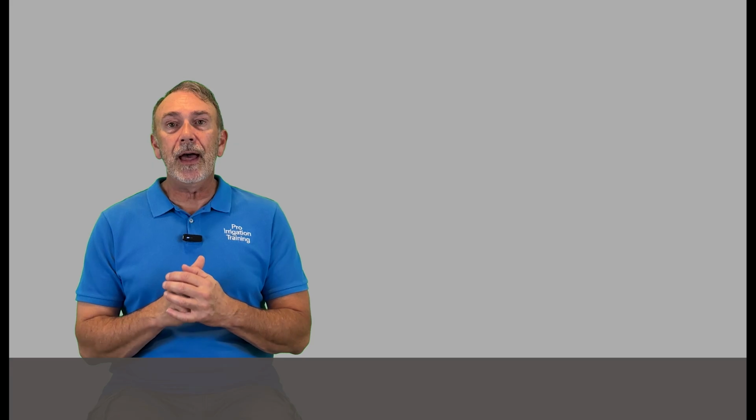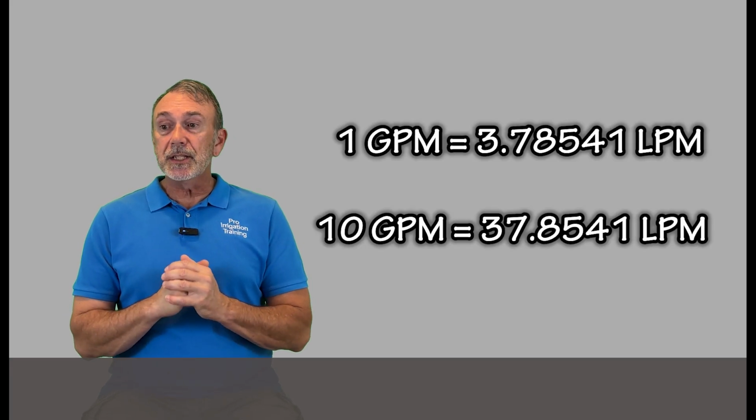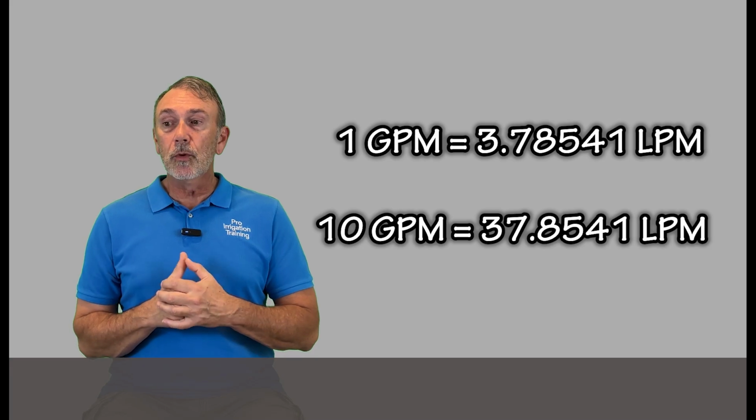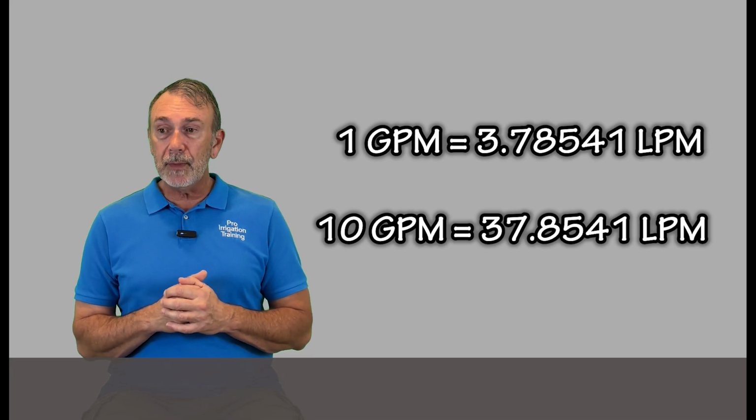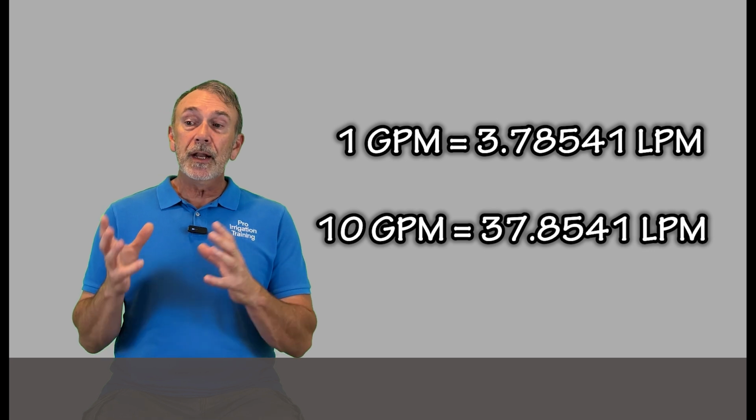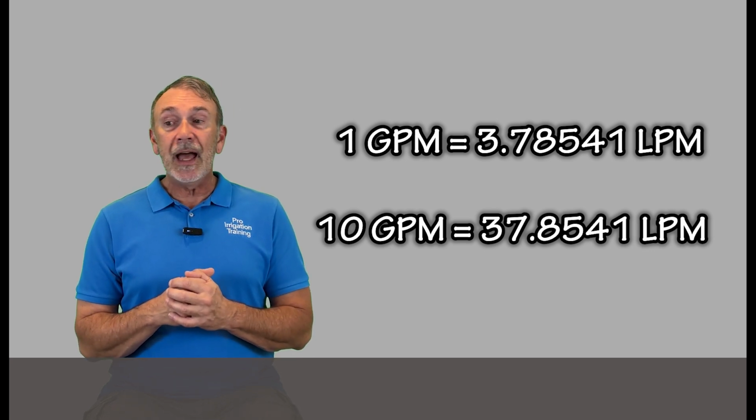So what I'm trying to do is make this as quickly as I can, and I'm going to give you the conversion on all these different factors, PSI to bar, gallons per minute to liters per minute. So let's go ahead and talk about that, right? The conversion from gallons per minute to liters per minute is this. 1 GPM equals 3.78541 liters per minute,